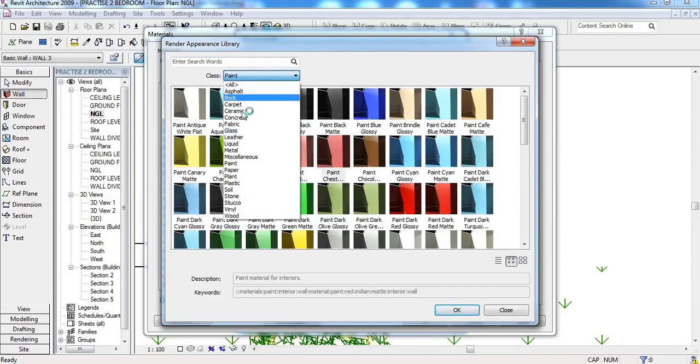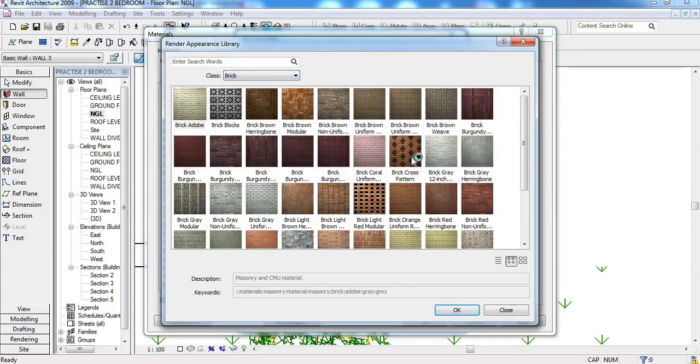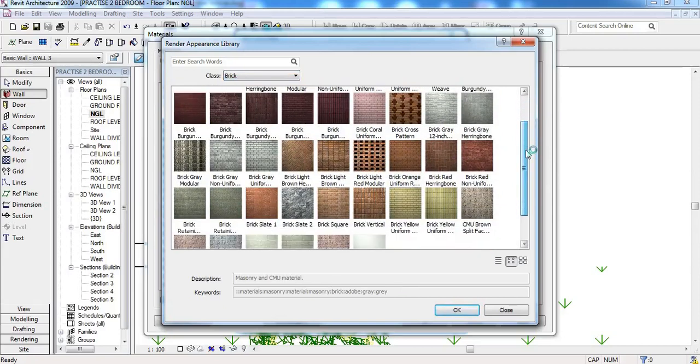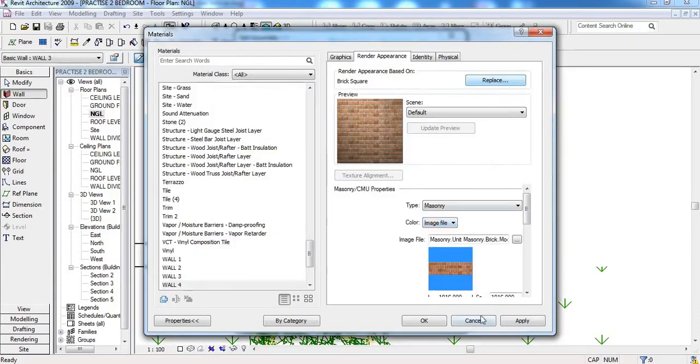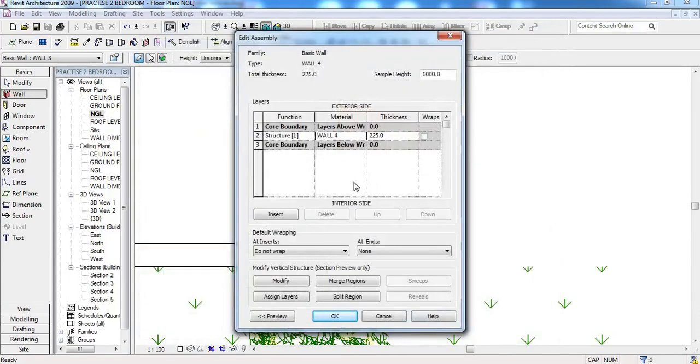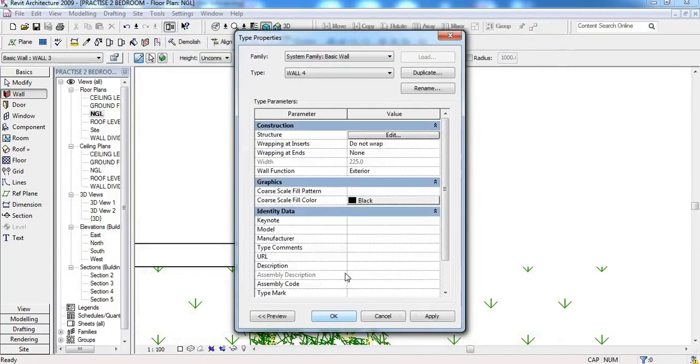You might choose to use, maybe if you go to what we call brick. Yes, you can use something like brick. Any brick design that you see that is nice, you can just pick it. And if it's not here, I already told you how you can get material outside this rendering box. So you go to OK, you go to OK,